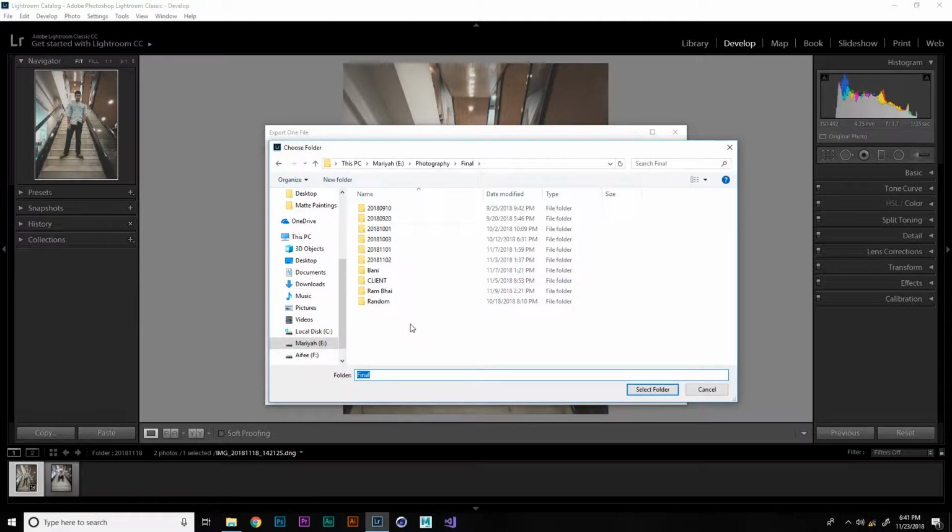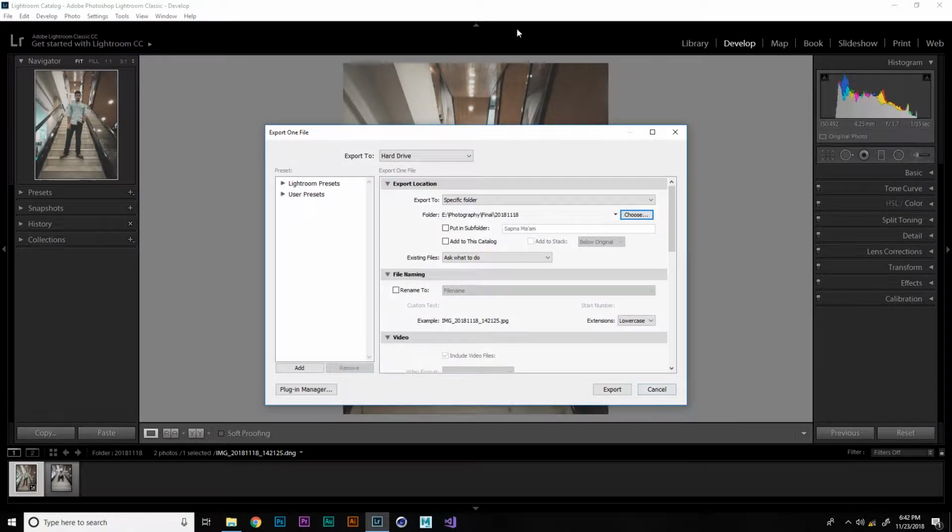I'm just gonna create a folder real quick according to dates, because I like working with dates better, and it was the 18th. There we go. I have selected this folder. That's it. If you want to put it in a subfolder, you can do that by just renaming it to anything. For example, our model name is Bishop, so it's gonna go into